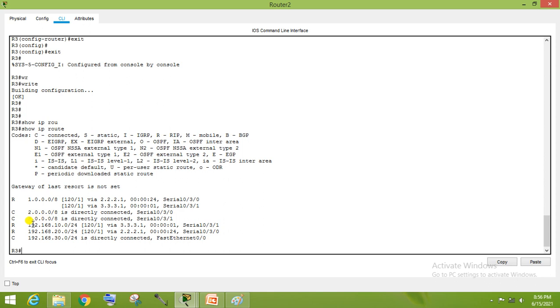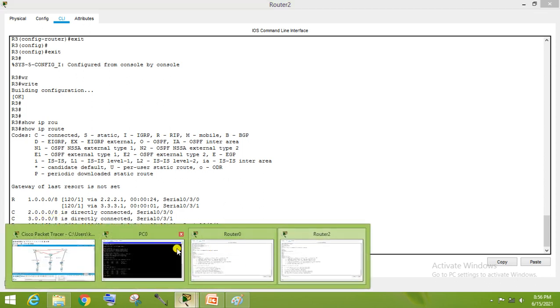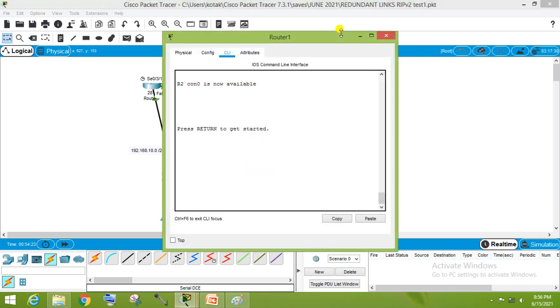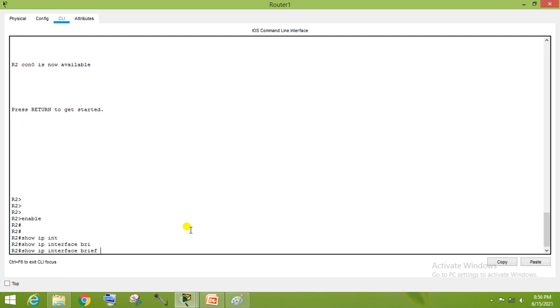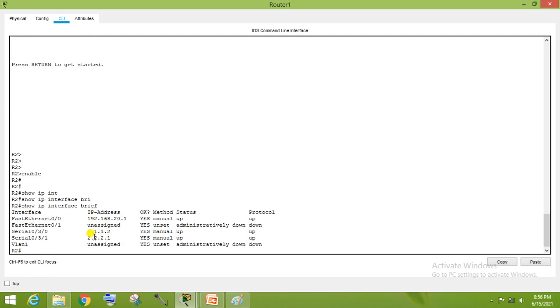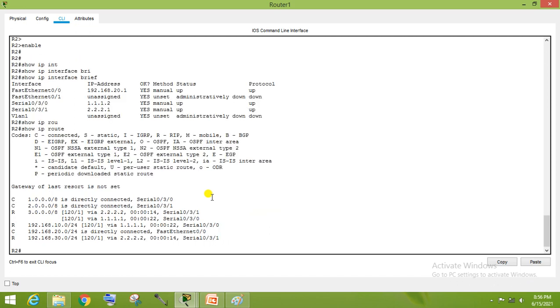You can check 3.0 is also a directly connected route for this router. Now go to router number 2. Show IP interface brief. Okay, so show IP route.